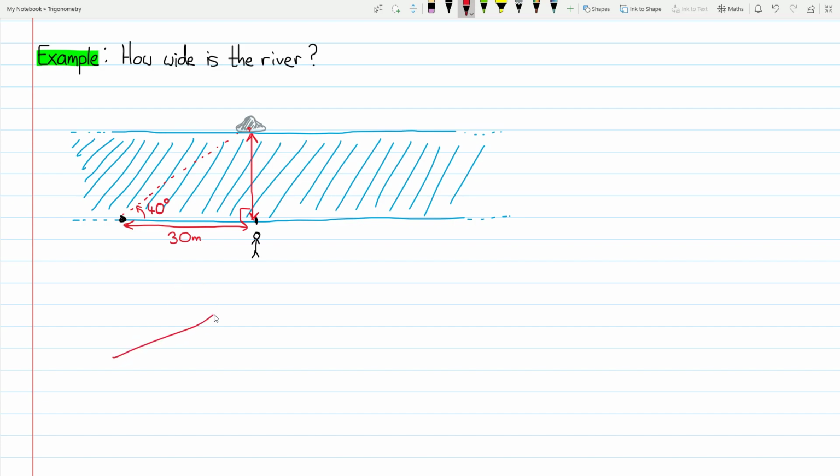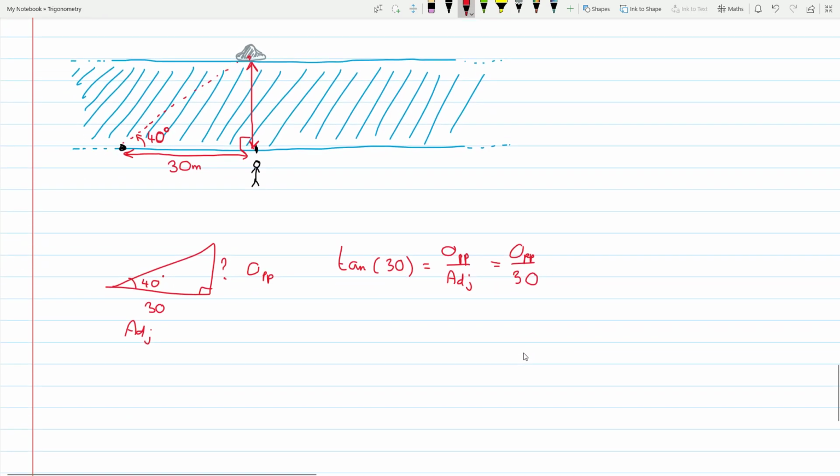So if we use the trigonometric functions on this right triangle, let's say this is 40 degrees, and we want to find what this side is, well, this is the opposite, this is the adjacent, and this is the angle, so we know that the tangent of the angle is going to equal opposite divided by the adjacent. Well, the opposite side is our unknown, this is what we want to measure, but the adjacent side is going to be 30 meters. So solving for the unknown, the opposite side, which is the length we want, the opposite is going to equal